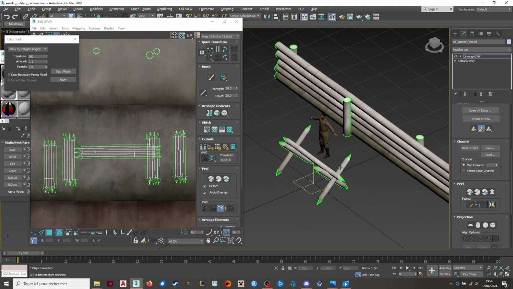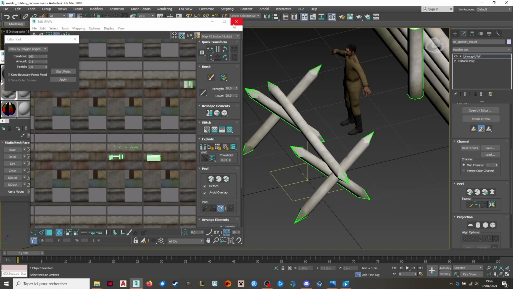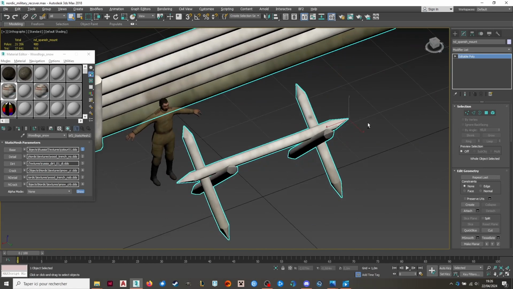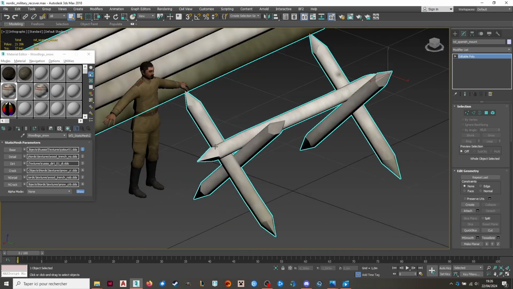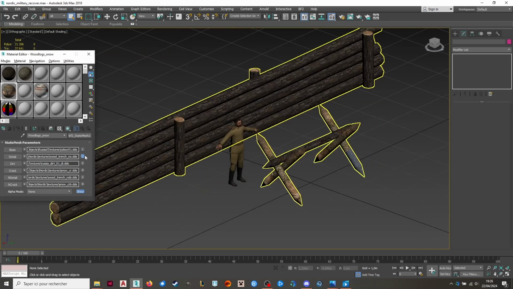Okay. And we will collapse. So now I have the texture as I have intended, and we will go to channel